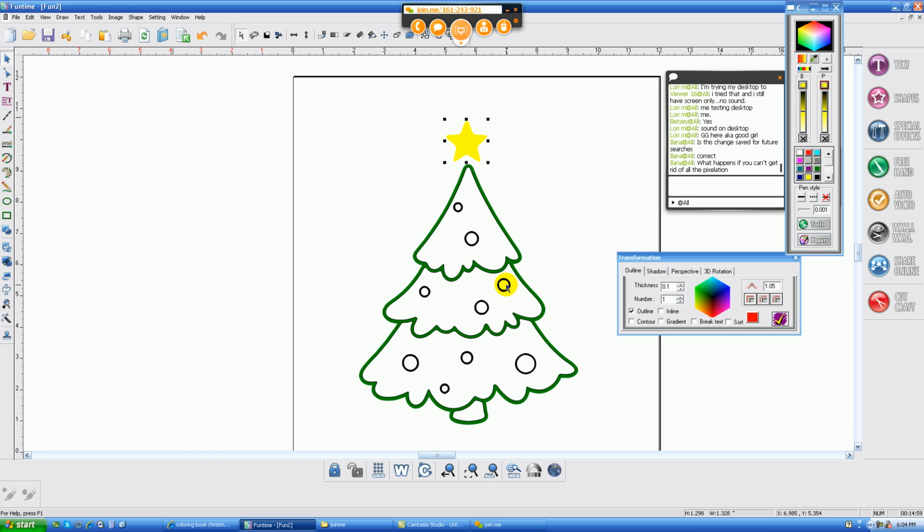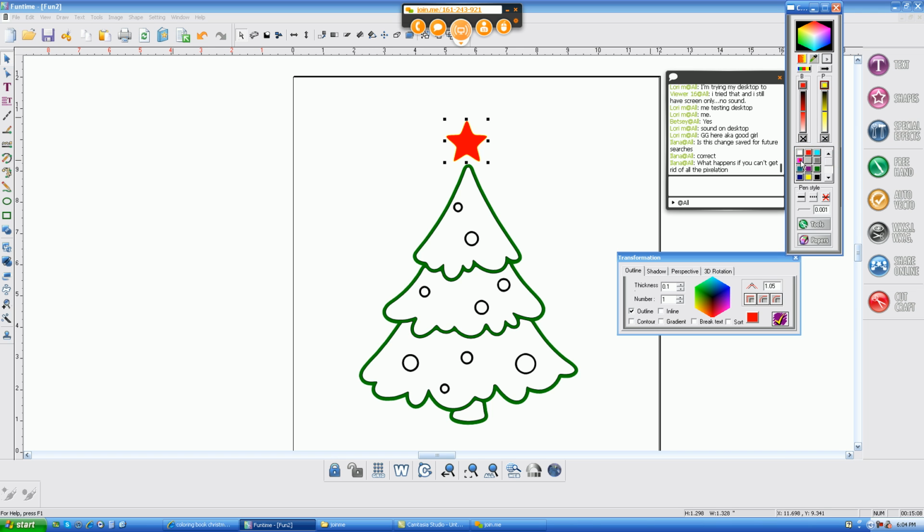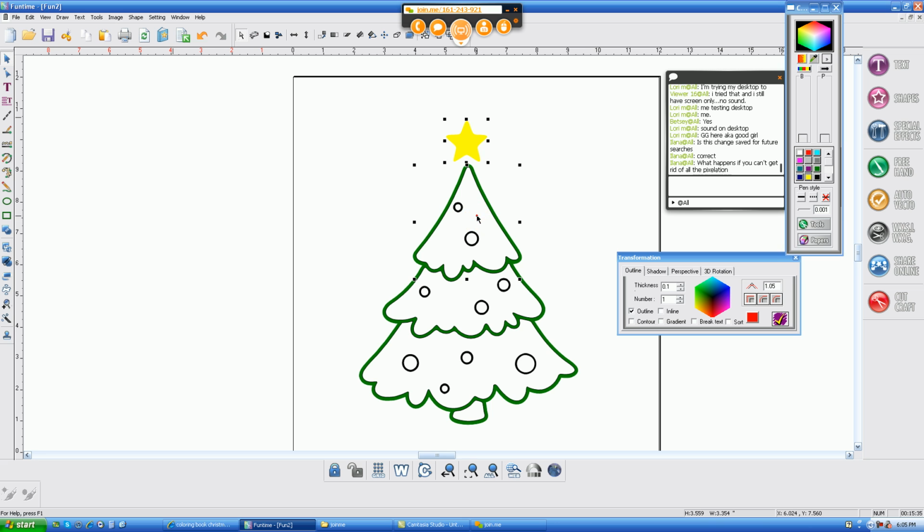So I might be sitting here looking at my tree and think, well, what color do I want to cut the star? What color paper do I want to use? So I might come over here and just click on different colors. And when I get to the yellow, I think, yes, I like it in yellow. So I'm going to leave it yellow. But the cutter can't see this yellow fill color, so I have to give it a yellow stroke color. And I can do that either by right clicking on the yellow color swatch, or I'll go to another piece and show you. On this smaller top of the tree,